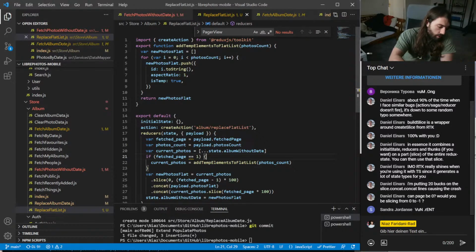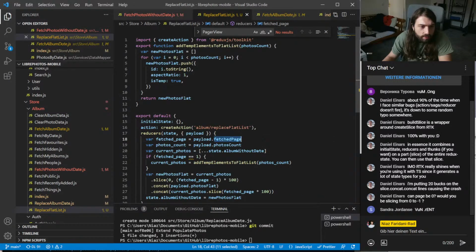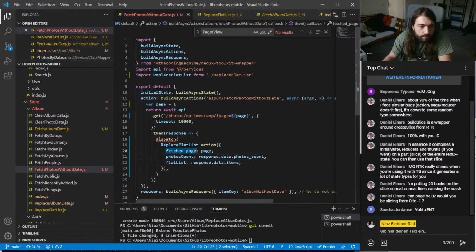Let's drink some tea. Photos count, alright. Photos count. It's weird that I have written that differently. That happens if you code in two different languages with two different styles.